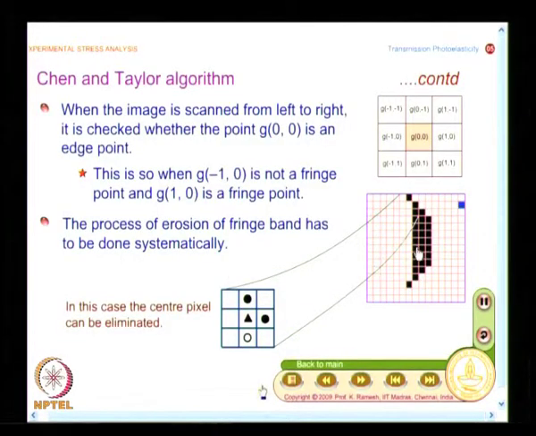dictated by the gradient. In low stressed areas fringes will be very broad, in high stressed zones fringes will be very sharp. So, depending on the fringe width, the process will take time. I have shown this as a thick fringe here and this is a thin for illustration, and essentially this is a process of iteration. So, when you are going for a binary based algorithm, it is essentially a process of iteration, repeatedly it has to do until fringe skeleton is identified.